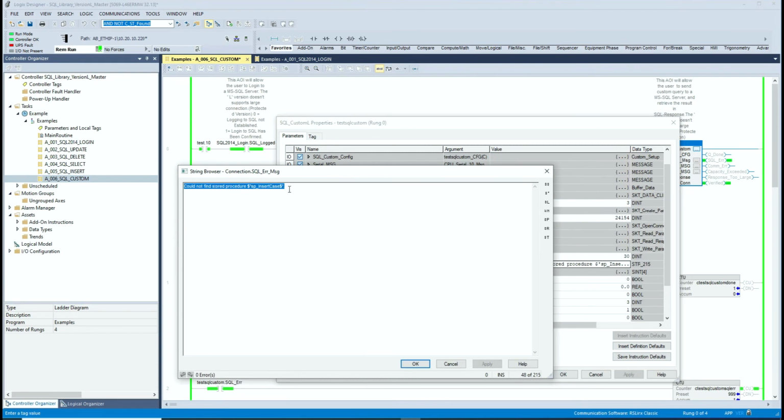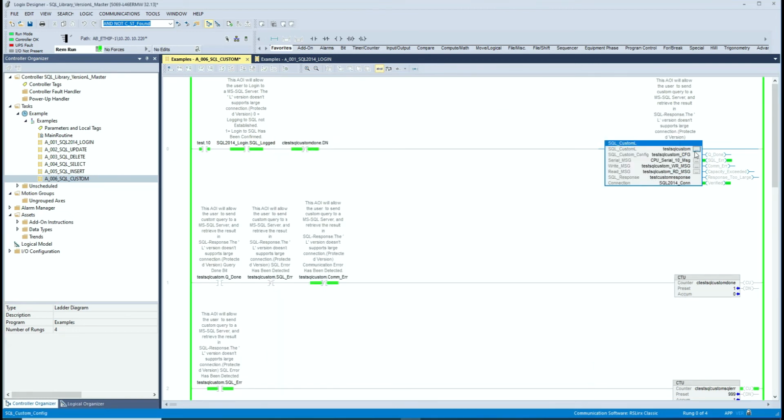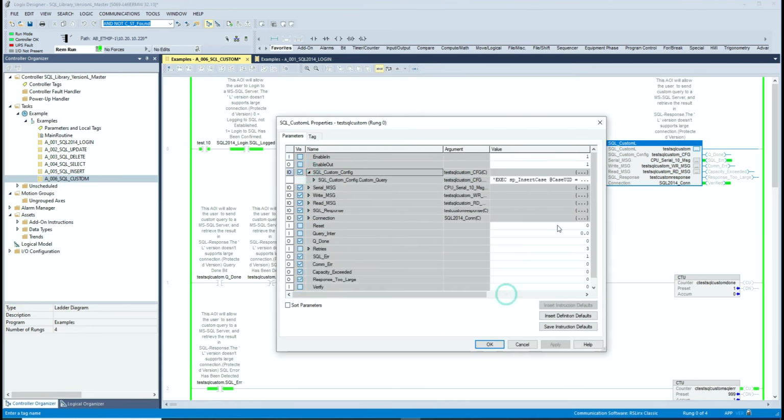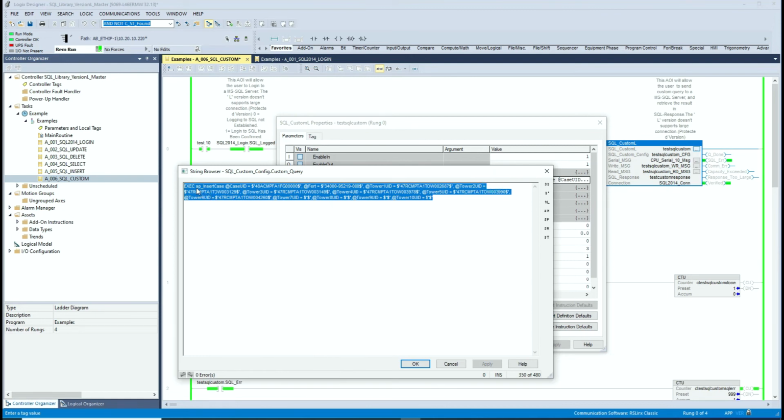Well, that's simply because when I put the query here, I just didn't specify the database where this stored procedure resides. So if I do that, in my database, it's called cartridge DBO, and now if I hit apply and hit OK, and I turn this off to try again,